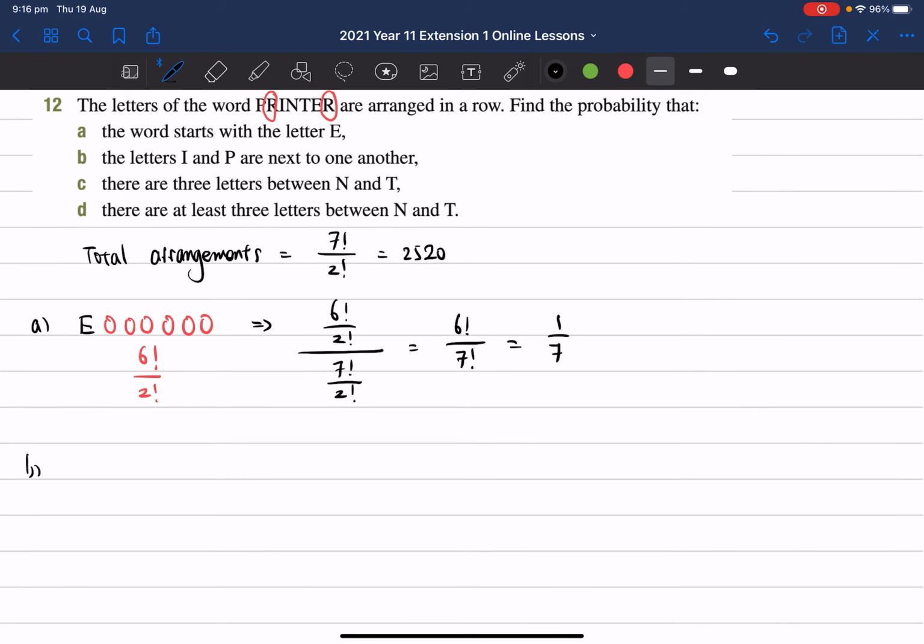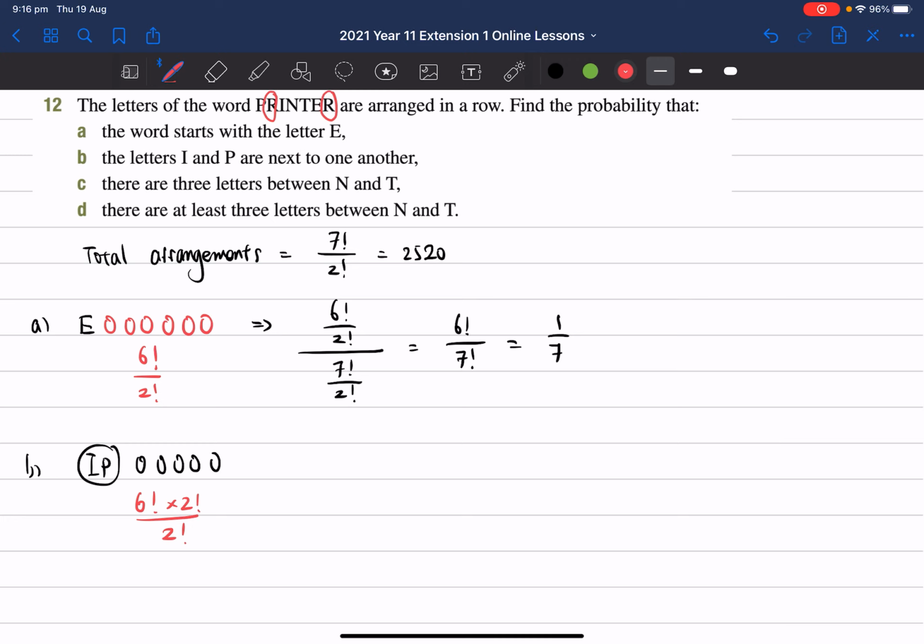All right, question B. The letters I and P are next to one another. So I and P stay together in a group, and the rest of the other letters we can rearrange any way. That's 1, 2, 3, 4, 5. So in that case, you will have 6 factorial ways to rearrange it, but you times by 2 factorial, and then you divide by 2 factorial because